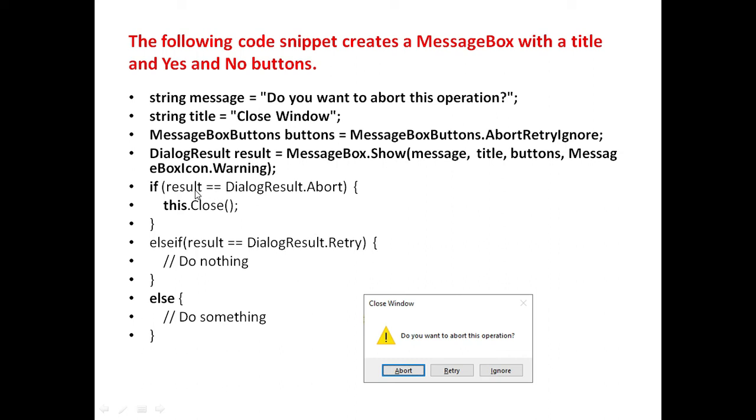So if the result is Abort, it will close the application, else if the result is Retry, it will perform the actions defined after this, and else it will perform other actions. So after executing this code, you will get this Close Window, this is the warning icon, and three buttons: Abort, Retry and Ignore.